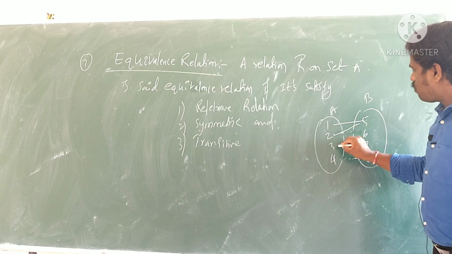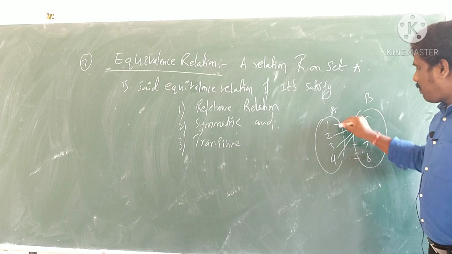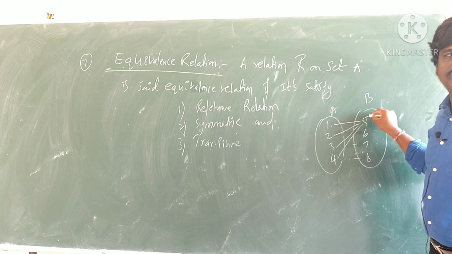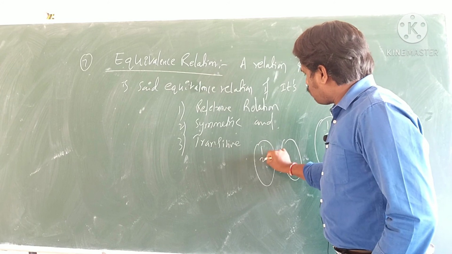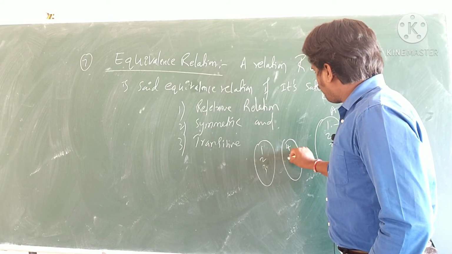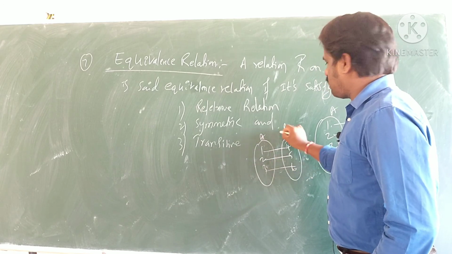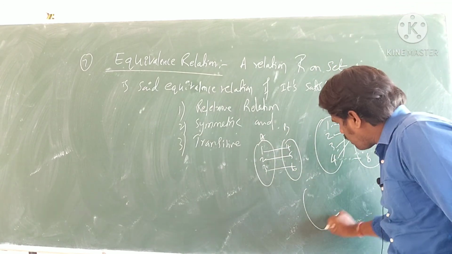Now this is like this. 1 to 2, 2 to 5, 3 to 5, 4 to 5. Many to one relation. If it is like this, it is a many to one relation. Okay, 1, 2, 3, 4, 5, 6. I'll write all these things. And this is 1 to 4, 2 to 5, 3 to 6. This is a unique relation. This is a many to one relation. And the next one is